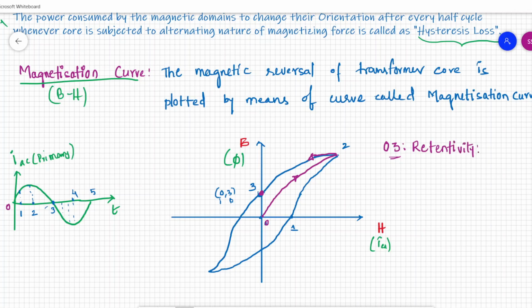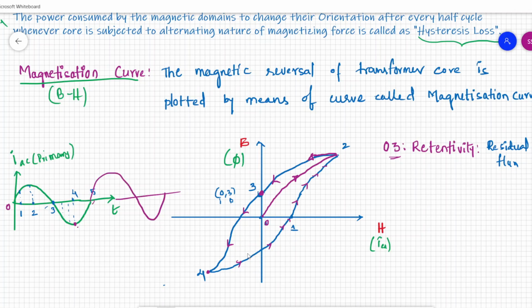That means even when there is no excitation, there is some flux available in the core material. This is called residual flux. Even with no supply current, some flux is available in the core, and that is called retentivity. After 3 it is going to peak 4, the negative peak, and it flows like this. After 4 it rises again from the negative peak towards 0 and then to a positive value, and this process will continue for every cycle of supply.